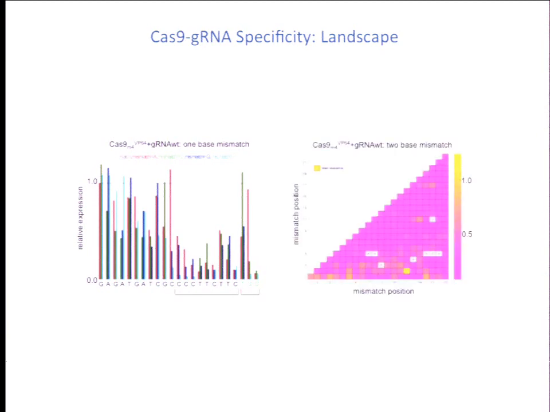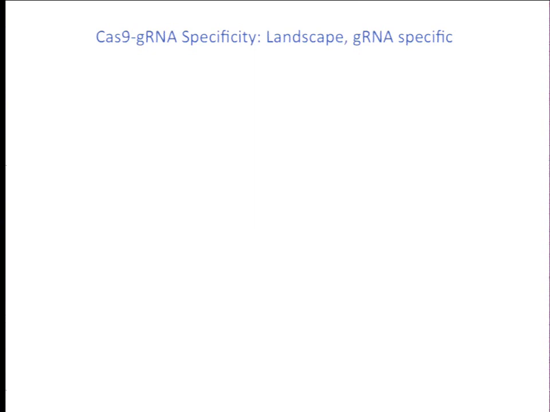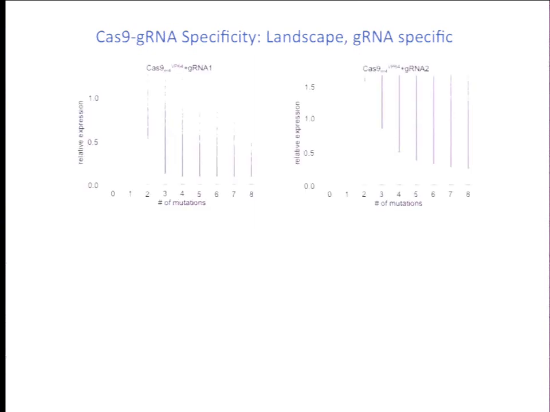And this is also true in the case of the double mismatch data, where, consistent with before, if you had multiple mismatches, in this case 2 mismatches, then your activity with respect to your wild type falls down dramatically. And one basically observes that the system is very specific in the context of this guide RNA. But what we also observed is that while this particular guide RNA was very specific, one could now examine a second guide RNA which was not very specific.